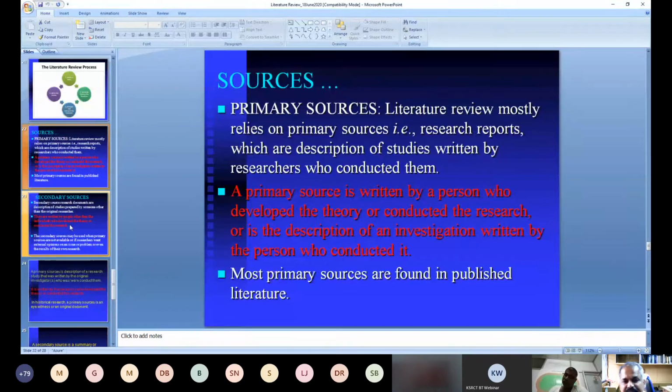A primary source is written by a person who developed the theory or conducted the research, or it is a description of an investigation written by the person who conducted the experiments. Most of the primary sources are found in published literature. As I said, it is published literature. So before accepting for publication,